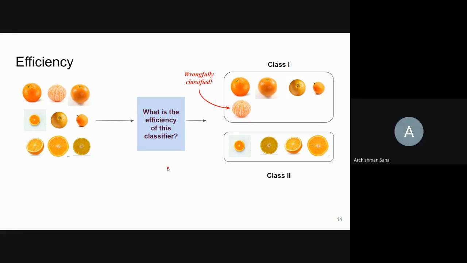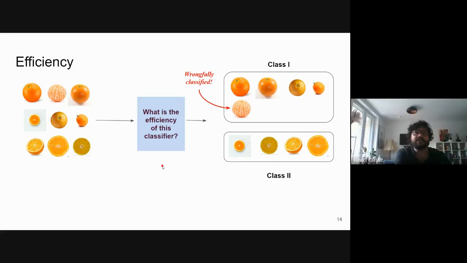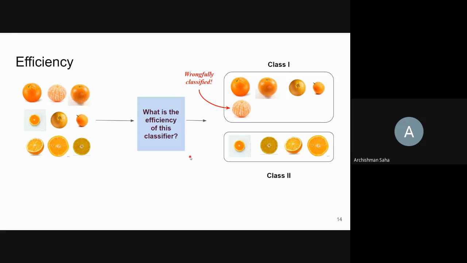That's exactly my point. We can always design the classifier in such a way that the efficiency is 100%. Yes, of course. But the question is how much effort you want to put into designing the classifier. We are getting into a zone of effort versus efficiency. How much effort do you put to get how much efficiency? All right, I think I get your point.